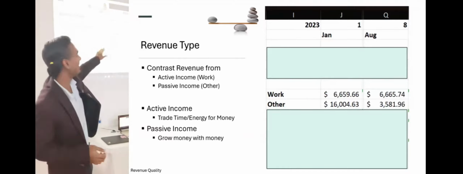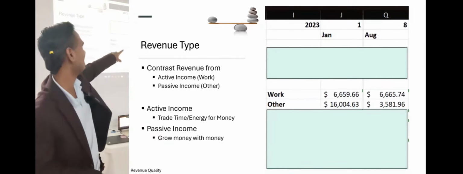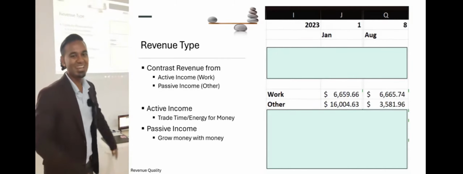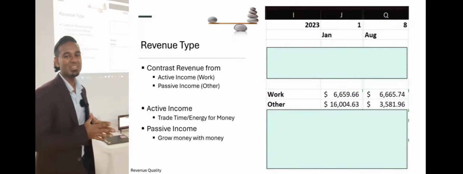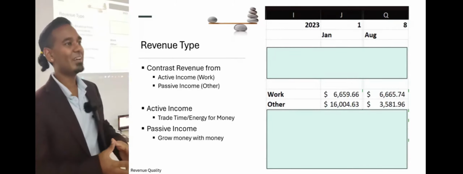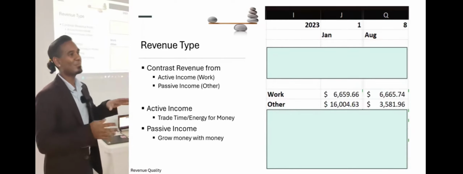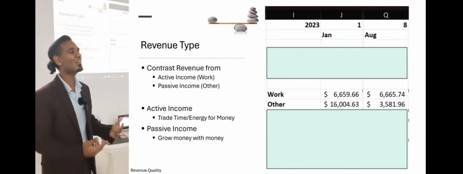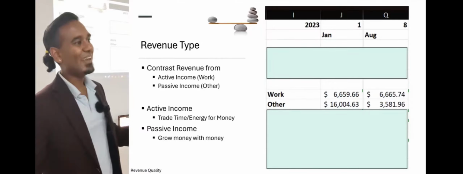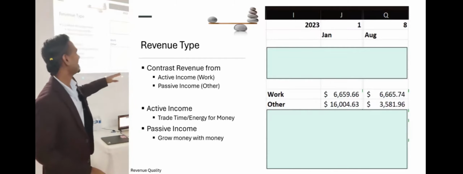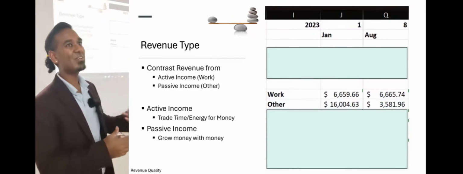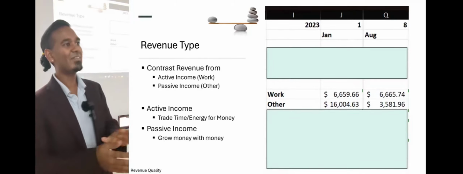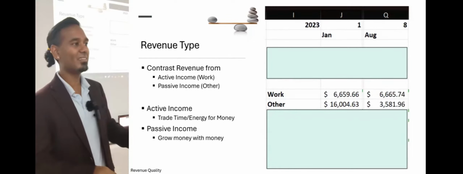And if you notice, I totaled them separately. So my income from my job is in one row, and the income from everything else that I have is in a different row. In terms of understanding becoming financially independent, the whole point is that you want your passive income to meet or exceed your active income. At that point, you can say you're financially independent. If you notice, my other income's not stable, like my work. So as long as you're tracking that on a general level, whether by month or by year, if it's on a time frame that you can understand, that's all that matters.